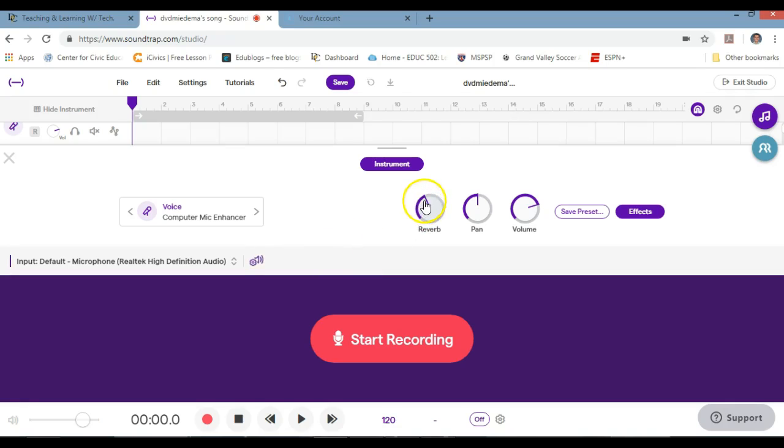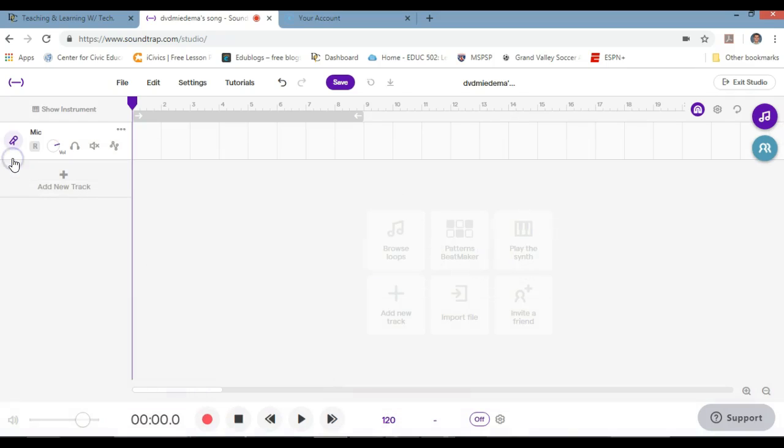You've got some settings that you can adjust, like the reverb to make sure that the audio sounds clear. You can adjust the volume to make it quieter or louder depending on which tracks you want to stick out more than others. You have effects you can use as well. One thing I would recommend doing is going to this tab here and changing the voice setting to dry, just to create a clearer audio recording that can be easy to listen to and won't be too fuzzy or echoey for you. So once I've figured that out, I've got my first track right here,